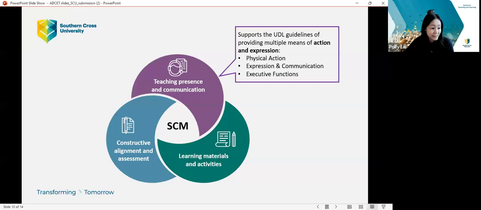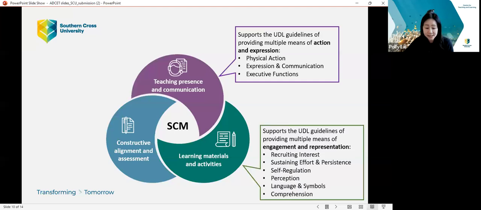And the second domain is learning materials and activities. This one aligns with engagement and representation. So for example, we provide scaffolding and interactions through the weekly online modules to promote student self-regulation, as well as having alternatives for visual and auditory information. So for the material we provide, there will be different forms of representation to fit different learning preferences